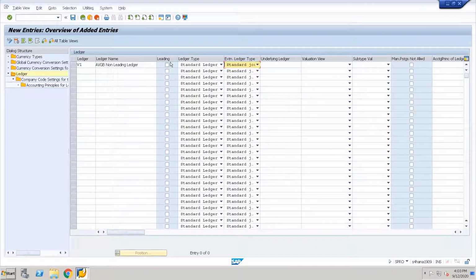And as we did not enable the leading checkbox, the system considers this a non-leading ledger. We did not define any underlying ledger for this one because this is not an extension ledger. The valuation view, I'll put as legal valuation and hit enter. Similarly, let us define V2, which is our extension ledger.